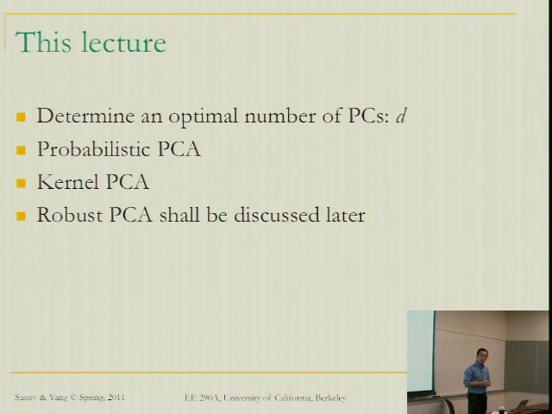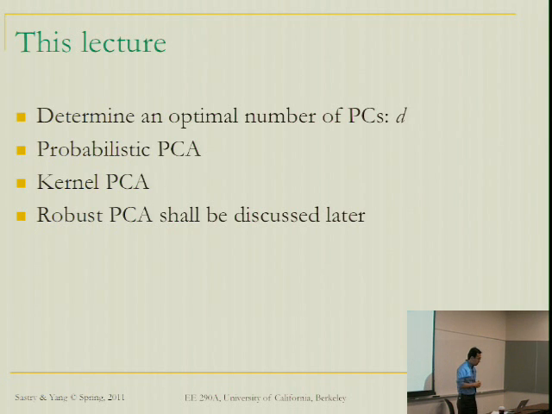This time, we are going to pick up our discussion from last time. We are first going to mention how to determine an optimal number of principal components to use. That is small d, right? From our observation, we only have capital D. We know the dimension of our ambient space. But what's the optimal dimension of the subspace we are going to use to fit the high dimensional data? And then we are going to talk about 2 extensions of PCA, namely Probabilistic PCA and